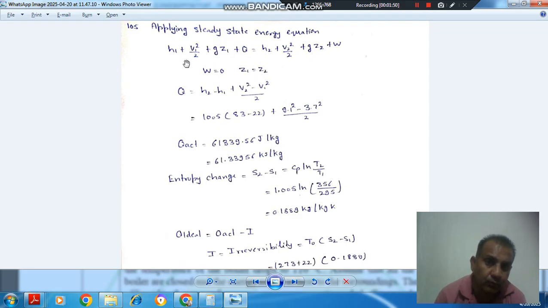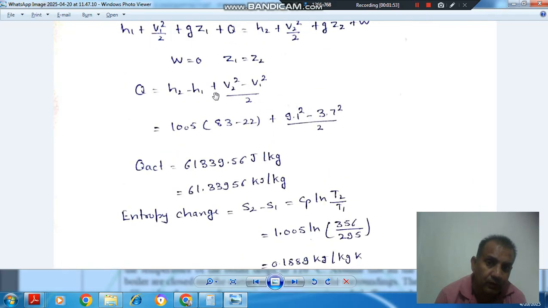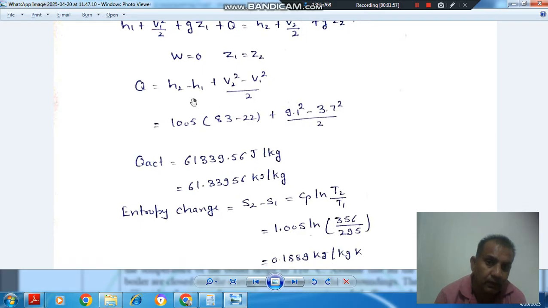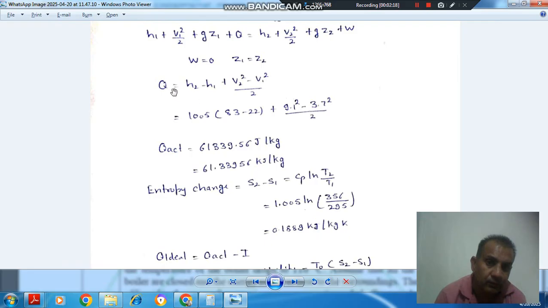Okay, so from this we get Q is equal to H2 minus H1 plus (V2 square minus V1 square) by 2. H2 can be calculated as Cp into T2, and H1 can be calculated as Cp into T1. Exit velocity is 9.1 meter per second and inlet velocity is 3.7 meter per second. So we can get Q, that is the actual heat added in the dryer. So it comes out as